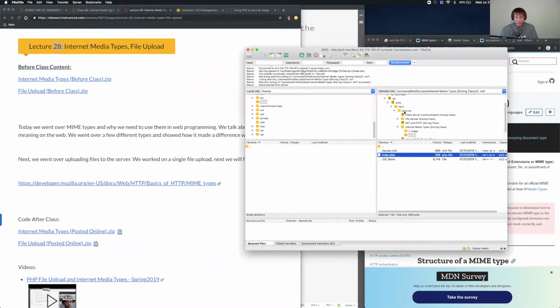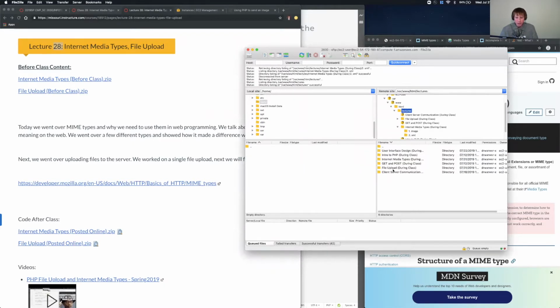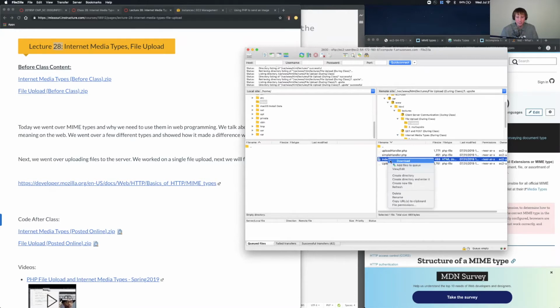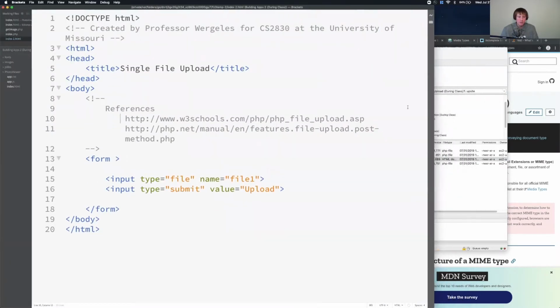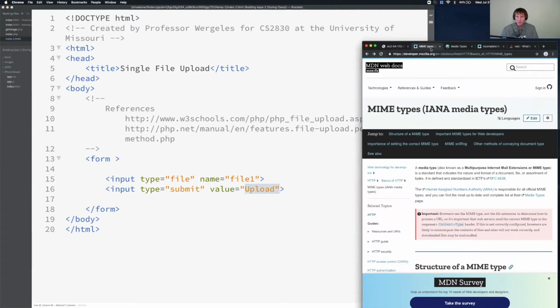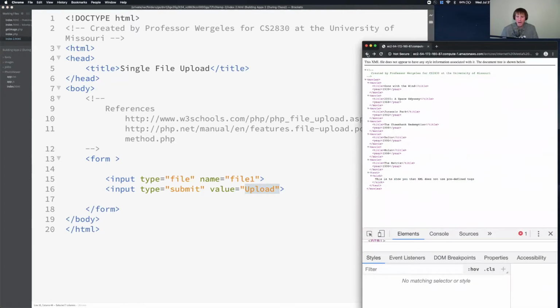If you go into your lectures directory, we're in file upload, number 1 upsite. And we're going to start by looking at index.html. Now in index.html, this is what you're going to see. You're going to see a form, and you're going to see an input element of type file with file1 as the name. Then I have a submit button with the value of upload. So if I go to the browser, go back,